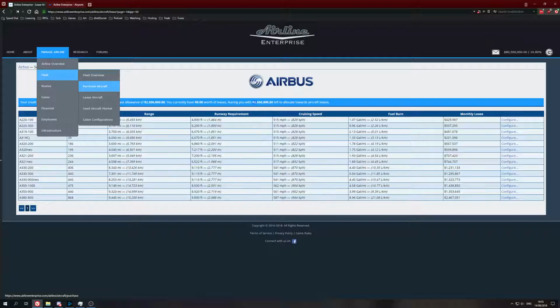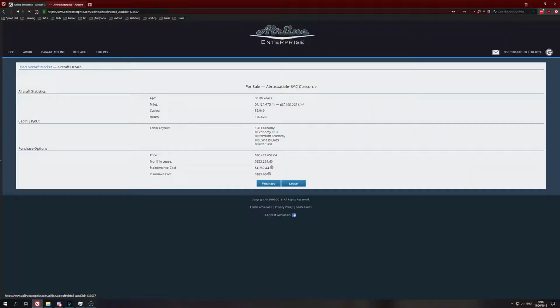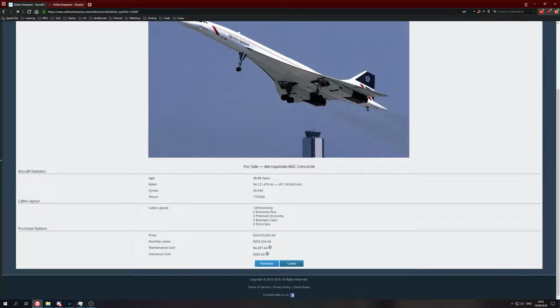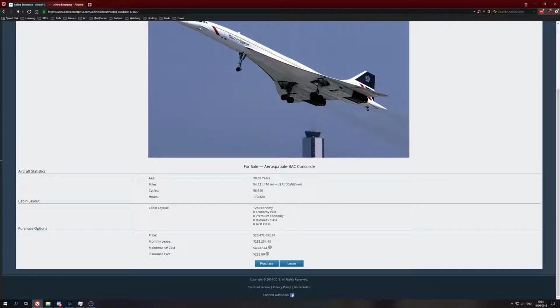Alternatively to the new aircraft, you can also go to the used aircraft market. And used aircraft, if they are from the broker, which are automatically generated, you can just click on a few details and you have the options to both purchase or lease them. So it's pretty much the same, only this time there are no discounts, keeping account it's an instant delivery. And it's an instant delivery on the location where the plane is, so always check that, especially with shorter range planes. You can see here I can purchase it for 20.5 million or I can lease it for 250k a